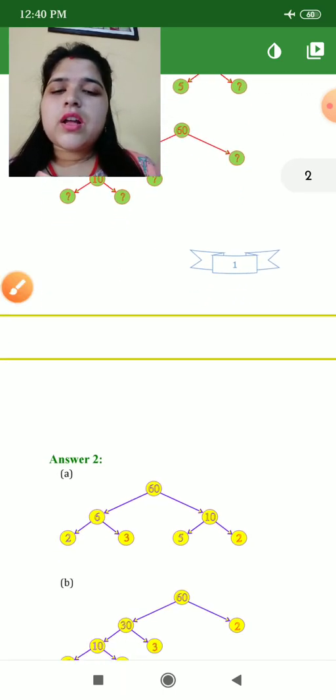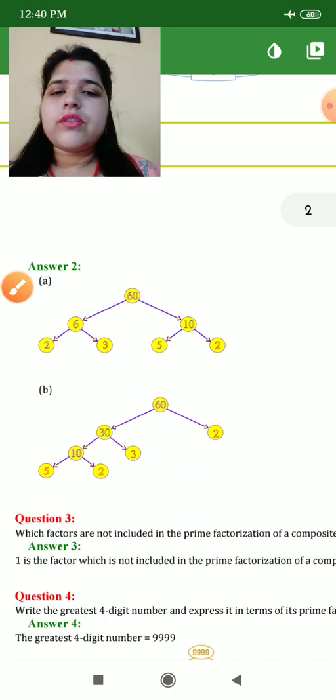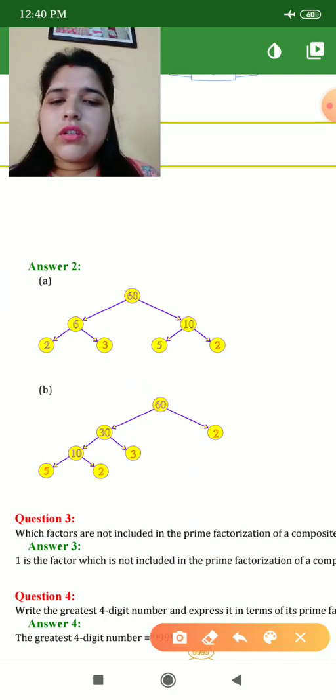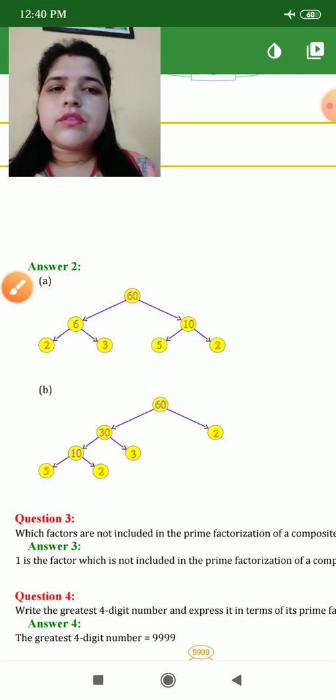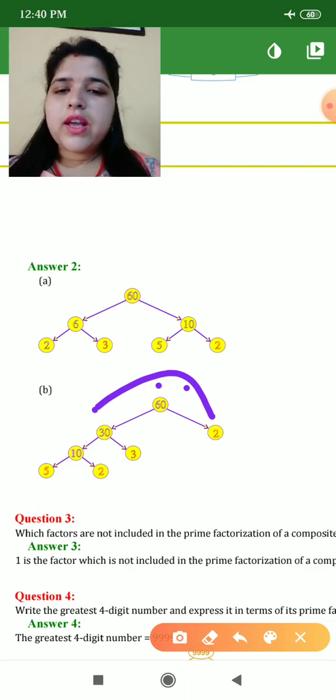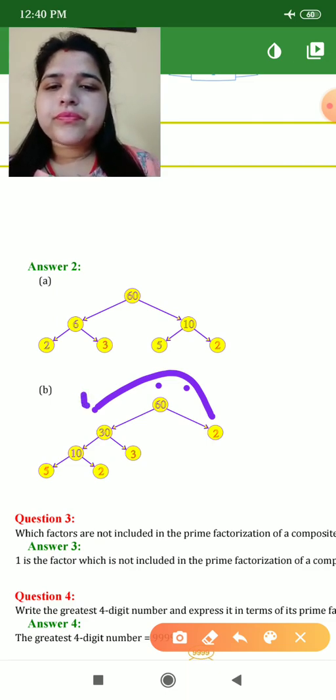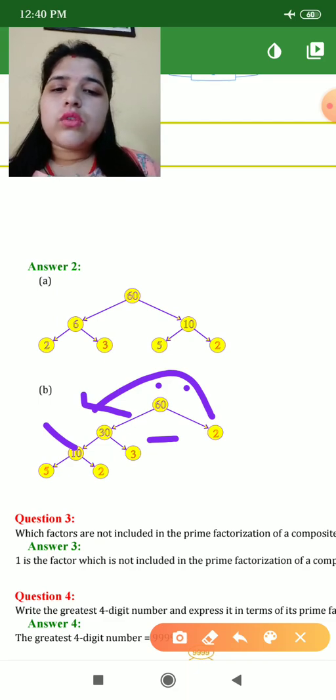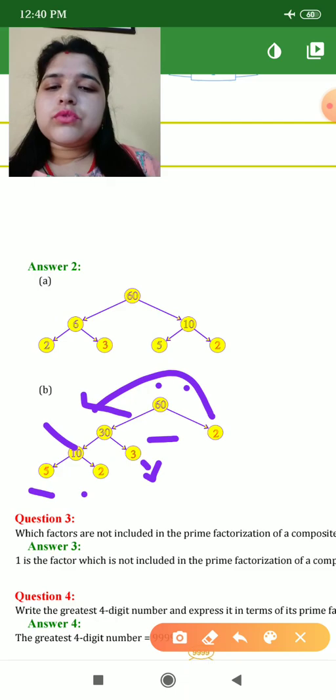You can see the answer for this here. Very easily they have given. See this. They have written here. Yes. You can look here. 60 is given here. 30 is given here. So 3 2 ja 60. Now 2 will remain. It is a prime number. 2 will remain as it is. Now break 30. 10 3 ja 30. Okay. Now 3 will remain as it is. Now break 10. 5 2 ja 10.